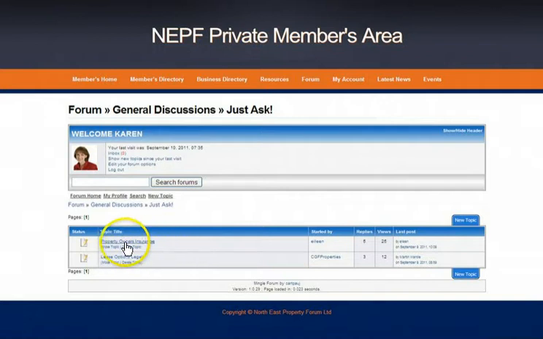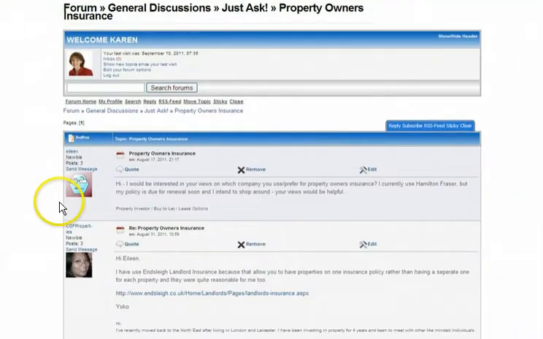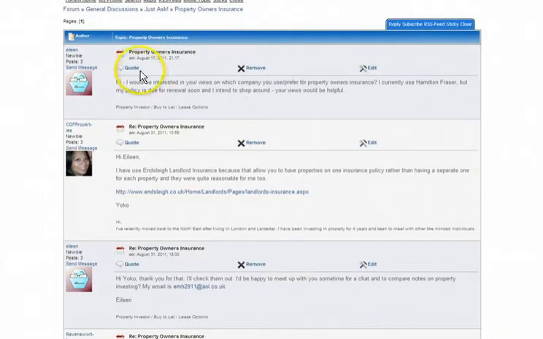We've got one topic that's about property owners insurance and one that's about lease options legals. So if you go into the property owners insurance one, because that's the one with the most activity in it, you can now see the conversation that's been going on between different members of the forum. Eileen posted a question in here. This was the original one, posted by Eileen on the 17th of August about property owners insurance, asking who uses who for their insurance